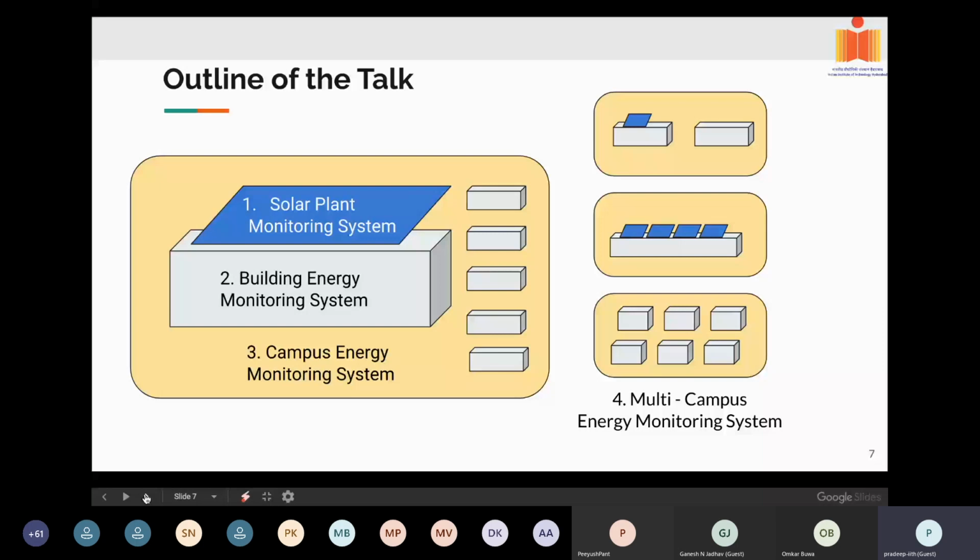Now, in the distribution panel, there will be a main meter as well as submeters. Sometimes the submeters will be present, sometimes the submeters will be absent. The building that you are seeing is the actual building in our IIT Hyderabad campus. In this building, submeters are available because the building finished construction in 2015, so it's a new building. So simply what we have done, we have done the Modbus looping of all meters, and then there is an RS485 to USB converter. This is for conversion.